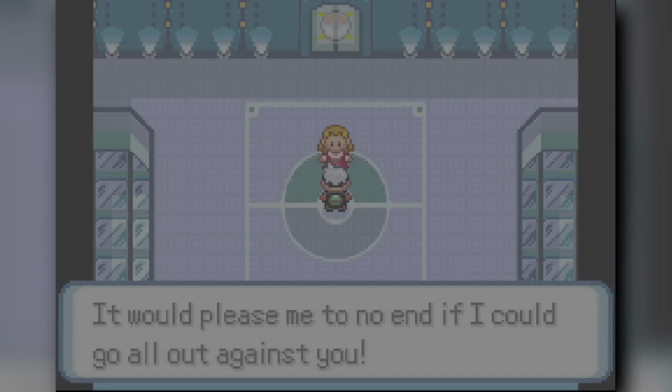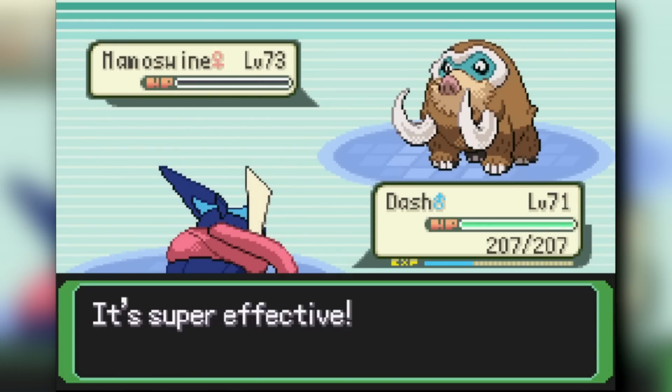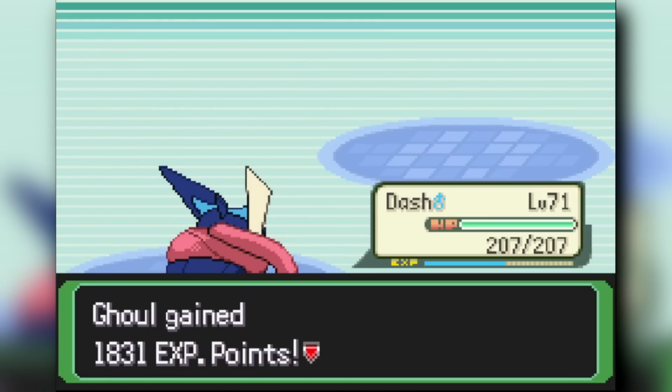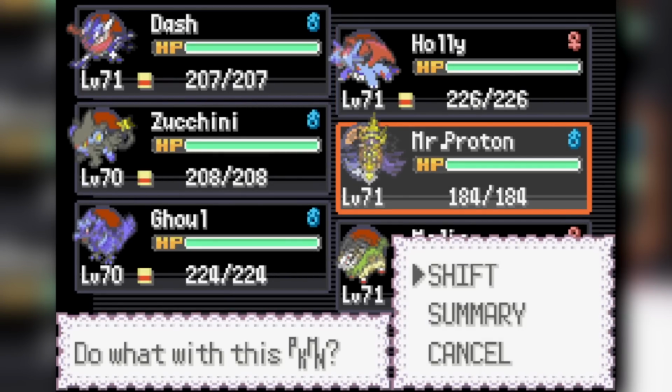From there, we're going to face off against Glacia next. Glacia is the Ice type Elite Four member of the game. We're going to start the battle off against her using my Greninja. Surf one-shots the Mammoth, which is amazing. From there, she's going to switch out to her Arctozolt, which isn't the best Gen 8 fossil Pokemon, but it